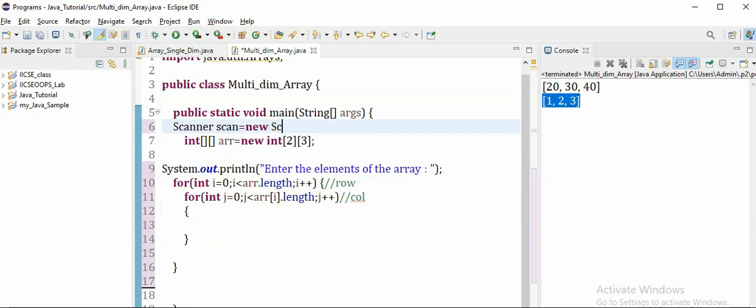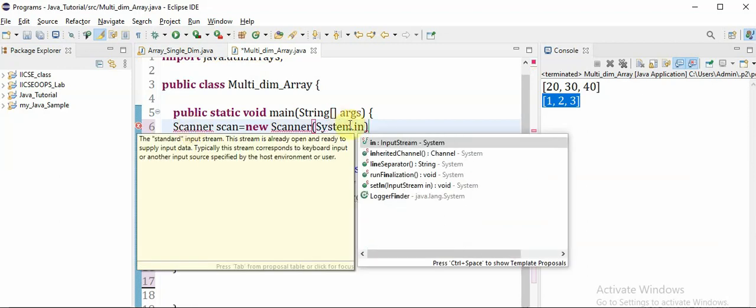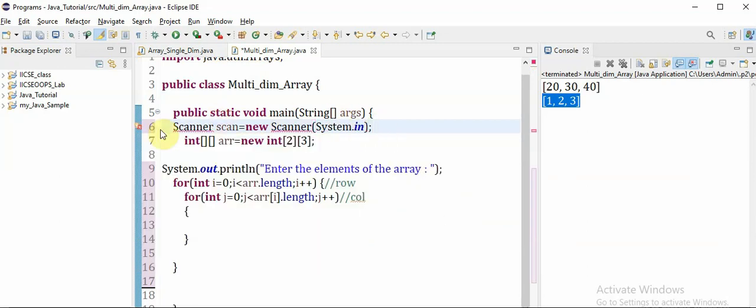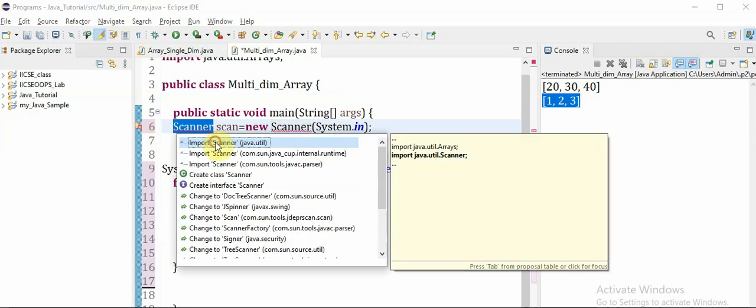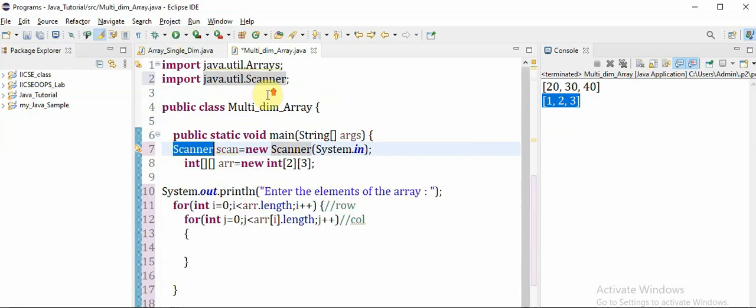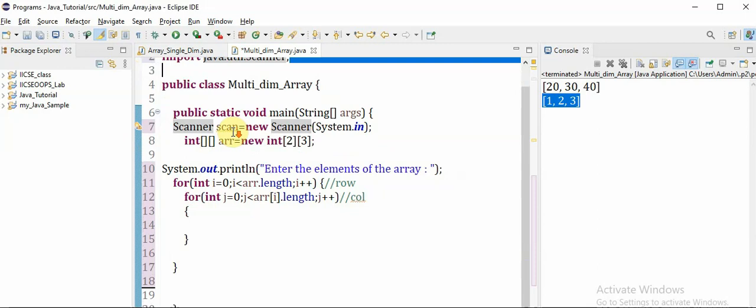So we are going to create an object for the Scanner class, which is going to get the input from the system's input stream, and for that we have to include an import. If you click on it, it will automatically include it.